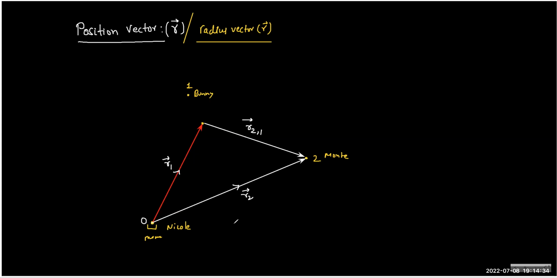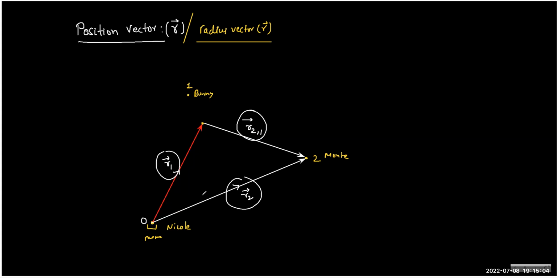So whatever the origin represents, we use single subscript notation. But if you try to locate someone or some point with respect to a new point, which is not the origin, you use the double subscript notation. So this is also a position vector. This is also a position vector. This is also a position vector. And all position vectors are represented